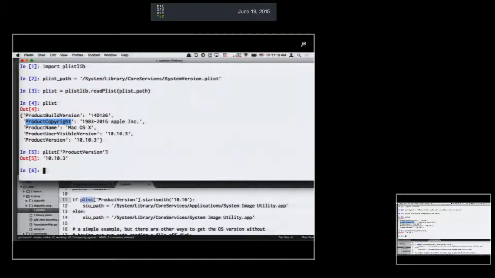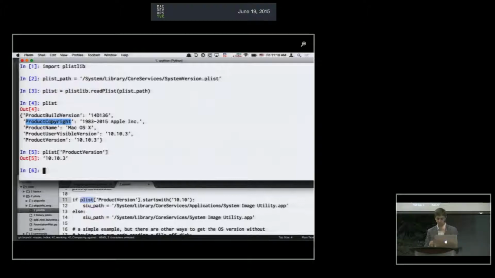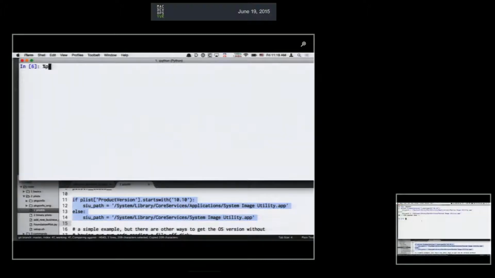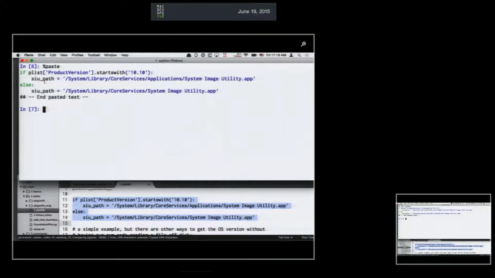I'd have to make sure I get it right if I'm doing this in a shell. So, yeah, again, just getting access to the actual data that's inside a plist is pretty useful. And just as a simple example, I can have an if statement here that would just say if this,